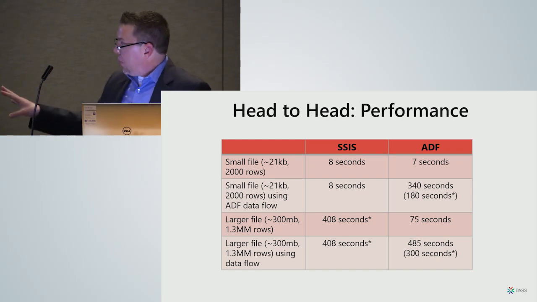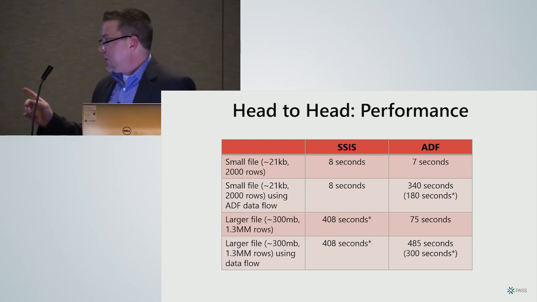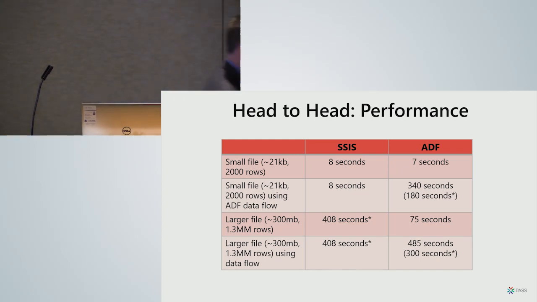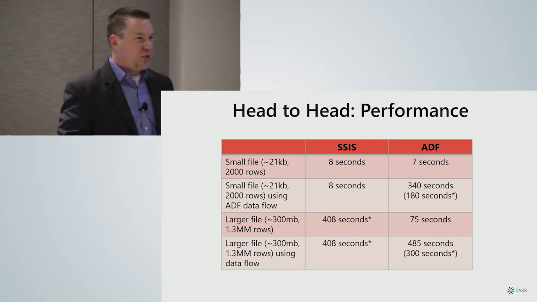So again, with just the copy operation, SSIS is significantly slower on that operation. If we flip over to the ADF side, it's actually faster. It's faster on subsequent executions, again, because once it spins up that cluster, the latency is gone, and it's running faster. It's running about 25% faster on ADF than it is on integration services.